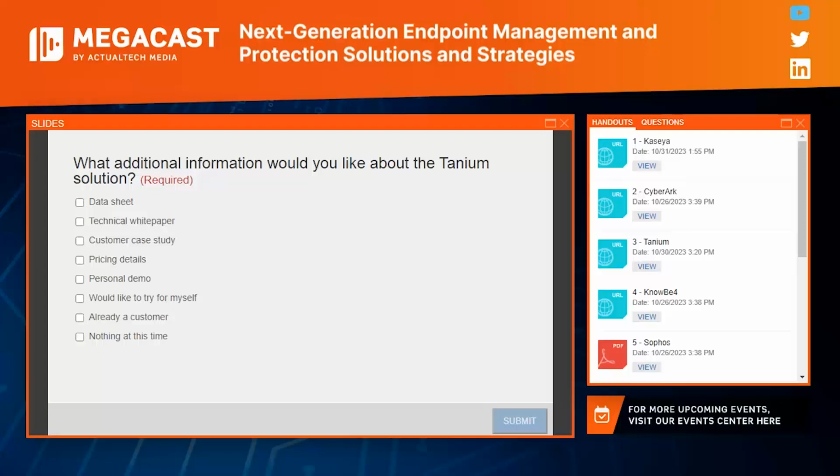Okay, I'm going to start with this one here because I love it. I do think it's an important one to address. We have some people out there that are, speaking of shopping, shopping around and trying to find the right solution for them. So if you had to give Tanium a key unique, something that makes you stand out, what would you want the audience to know?